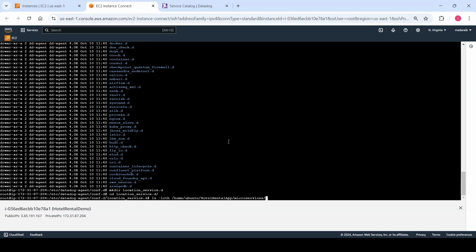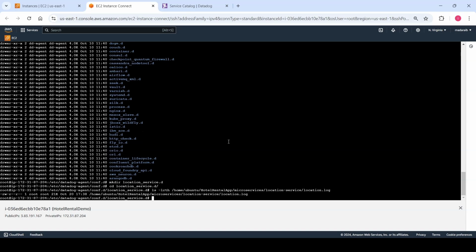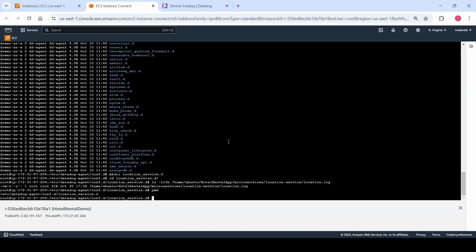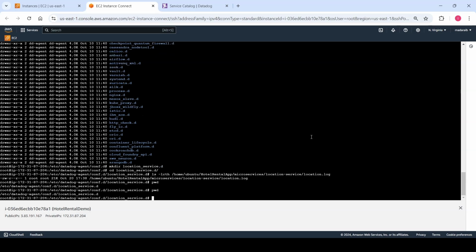It's a microservice running in location, and it's typically location.log. This is what I want to monitor and ship into my Datadog. So let me make a copy of that. Now I have to double check that I'm inside this new location_service.d folder, and let's create a